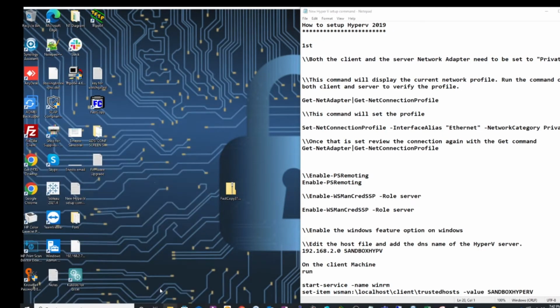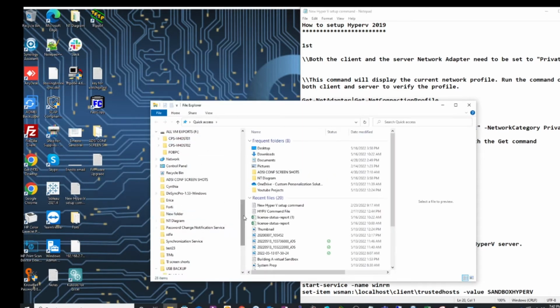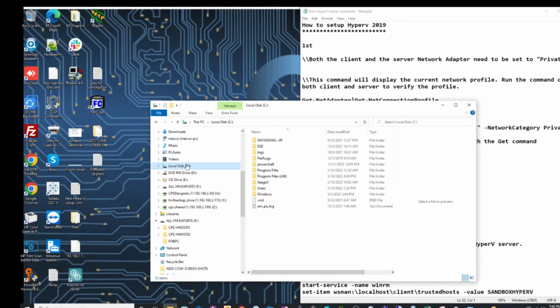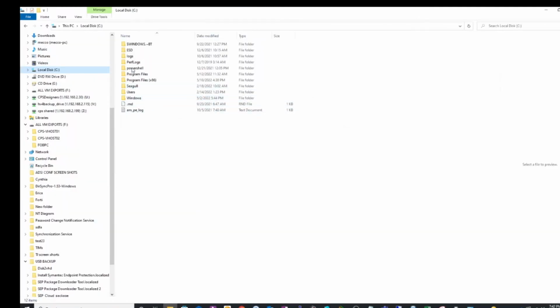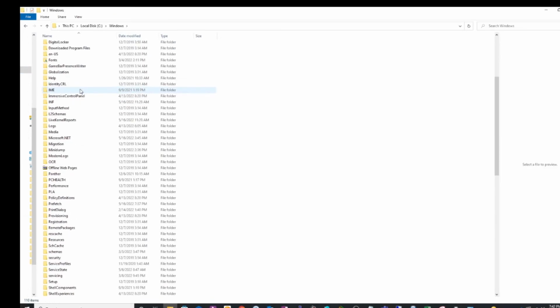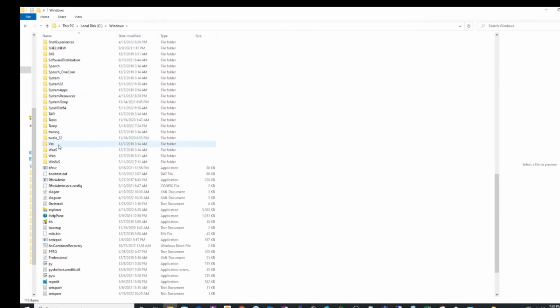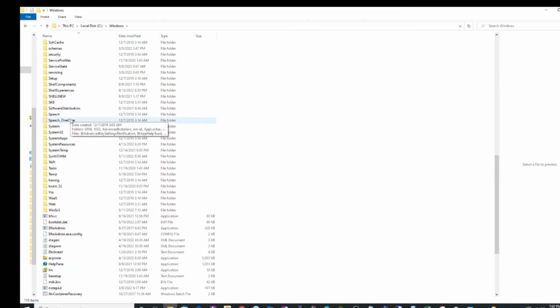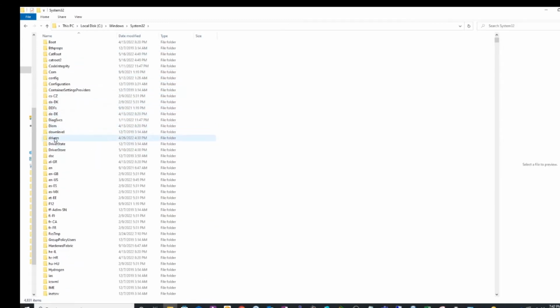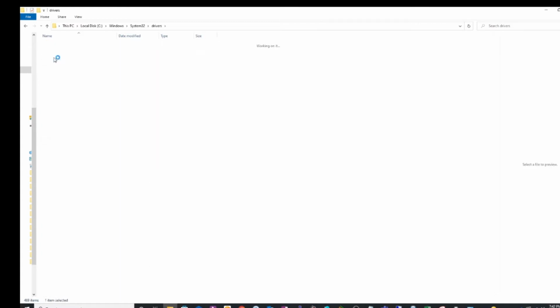So go to this PC, then from there you're going to go to users. I think it's Windows actually. Windows, then drivers, possibly drivers, System32. Let's go to System32, then drivers, then etc,